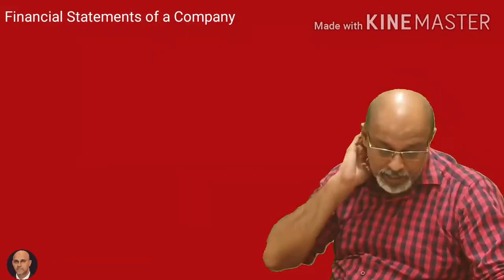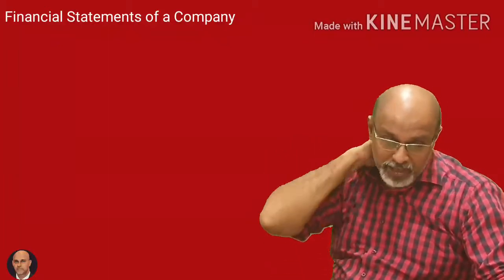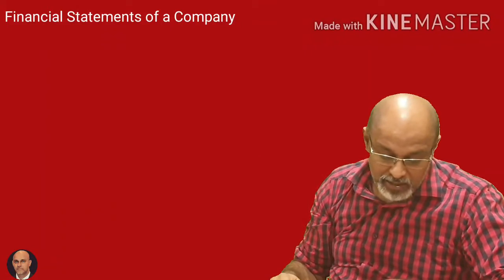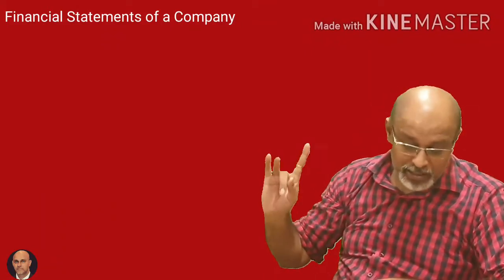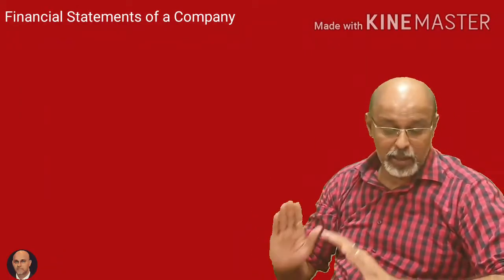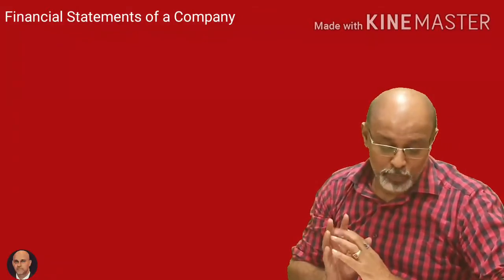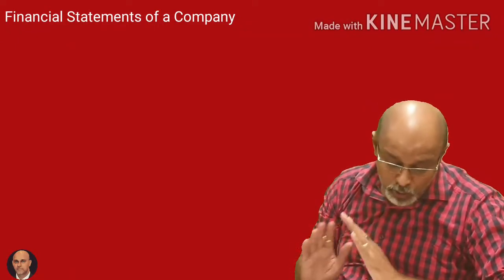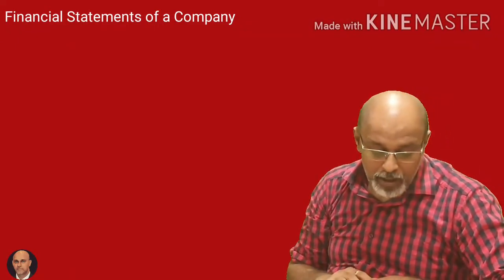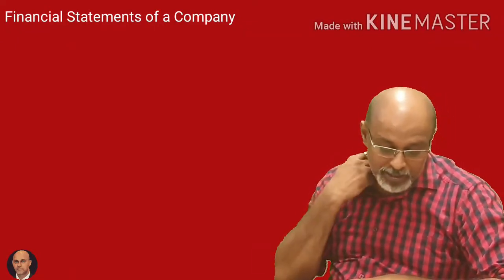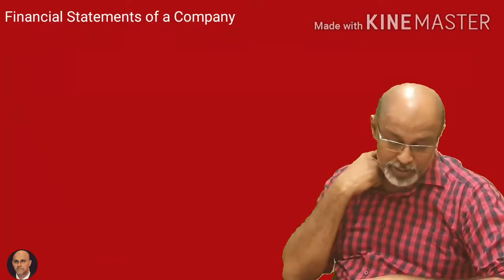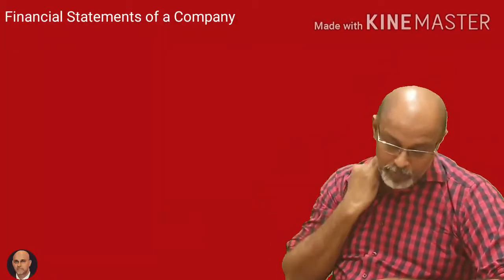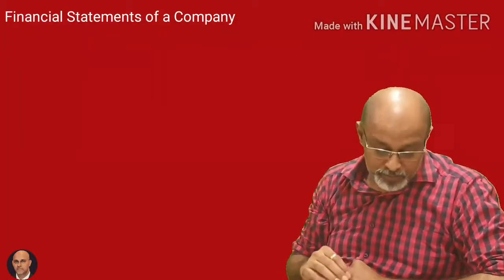Let us take up one more. The opening inventory of materials is given, so take that. Opening inventory of stock in trade is given, so don't take that. Material purchase is added to the opening inventory of materials. Purchases of stock in trade, don't take that. Closing stock of materials, you will minus. So remember, it's your opening inventory plus your purchases minus the closing inventory.